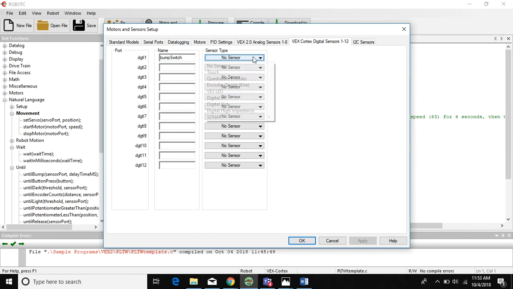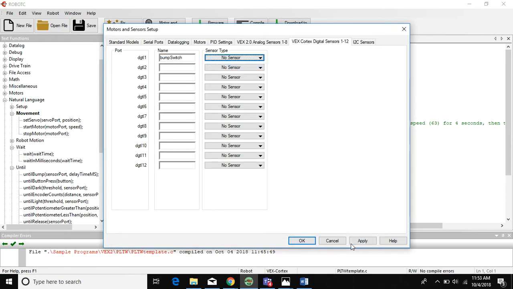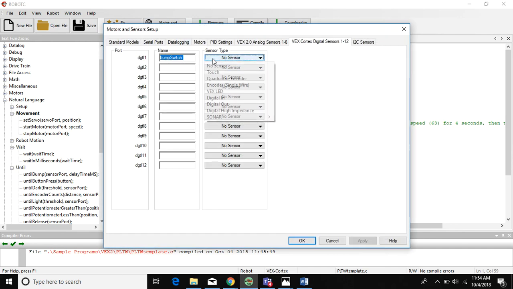A bump switch is a touch sensor. You have to tell it what kind of sensor it is. It's a touch sensor. So when I hit apply and OK, this is a really common mistake. If I look up here under bump switch and it says no sensor, let me show you what that looks like. If I forget to tell it that it's a touch sensor and it says sensor none up here, this is a mistake. Your bump switch isn't going to work. Your whole code is going to look like it doesn't work. So when you do your bump switch setup, you have to remember to tell it that it's a touch sensor,